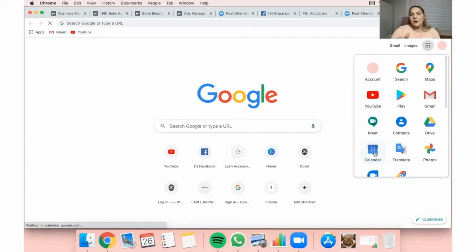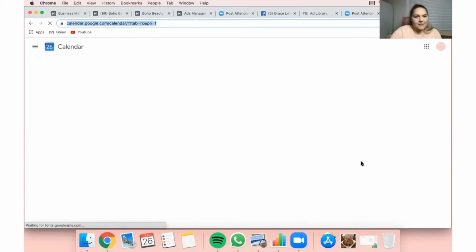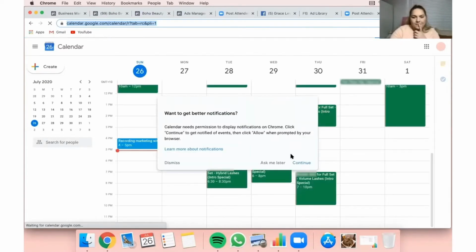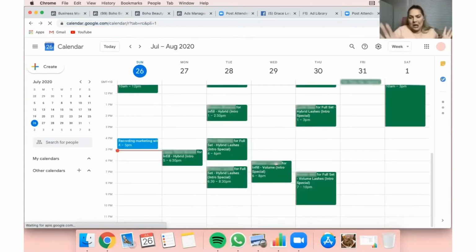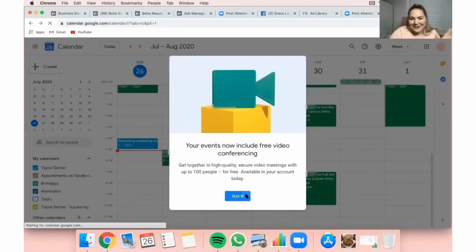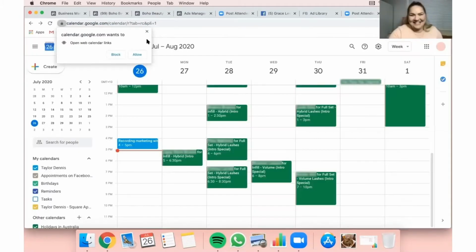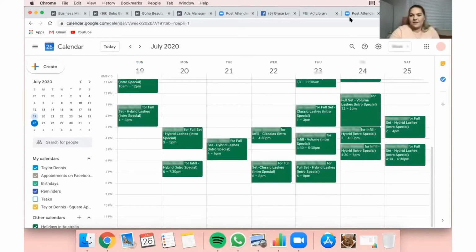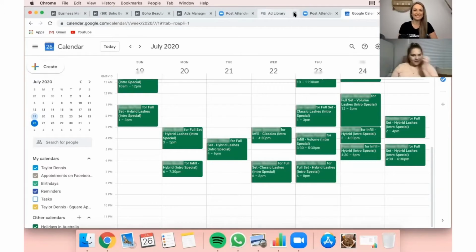Yeah, so I'm actually going to bring up my Google Calendar. I'm pretty sure I have it linked to my Boho Beauty. Yeah, awesome. Sorry, I don't use it that much on my computer. I use it on my phone. So it's going to send me all of these little notifications. But I might jump back to last week so that you can sort of see everything. So this here, and I'm just closing this Facebook app real quick so you don't get that notification sound.